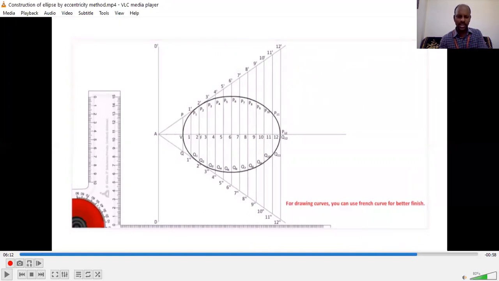Now a similar logic you can apply in the case of a parabola. You must take VF equal to VA. In the case of a parabola, VF must be equal to VA. Then only you will get ratio 1. That is the simple logic. The procedure steps are all the same. Nothing is different. Only the basic fundamental thing is that VF by VA must be the eccentricity of the given curve that you have to satisfy.